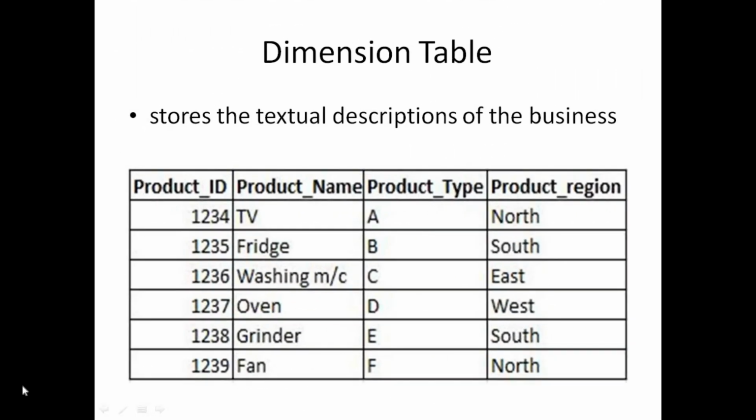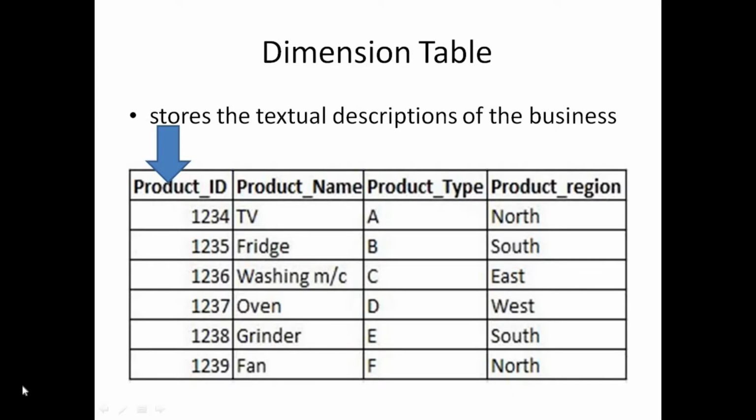This is the dimension table. A dimension table stores the textual description of the business, right? Here this table is a dimension table. The table has the column names product ID, product name, product type and product region. Here the first column, product ID, gives the product IDs, which means every product has a different ID for uniqueness of